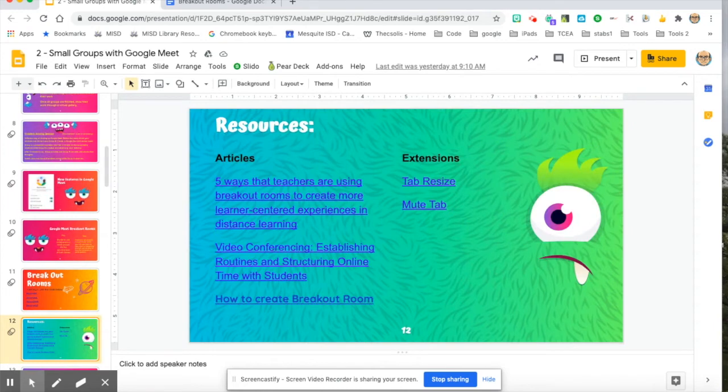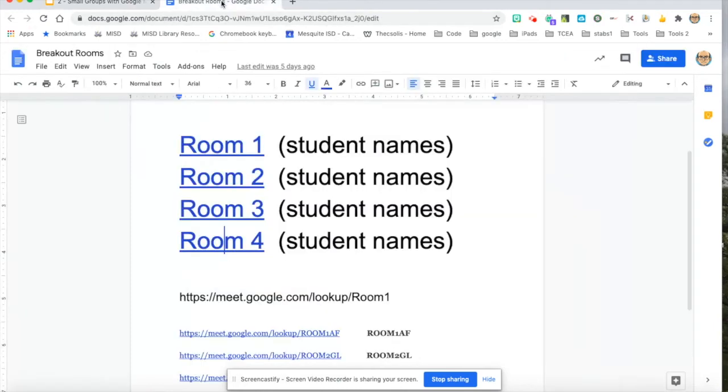So let's take a look how a breakout room could happen. This is how you can create one. This is a link from my Google Classroom. I've deleted everything after the lookup. And I've named it. This is room 1, which is really not a unique name. You want something more